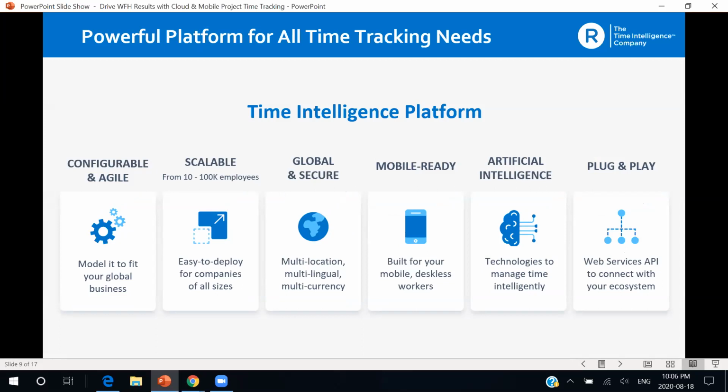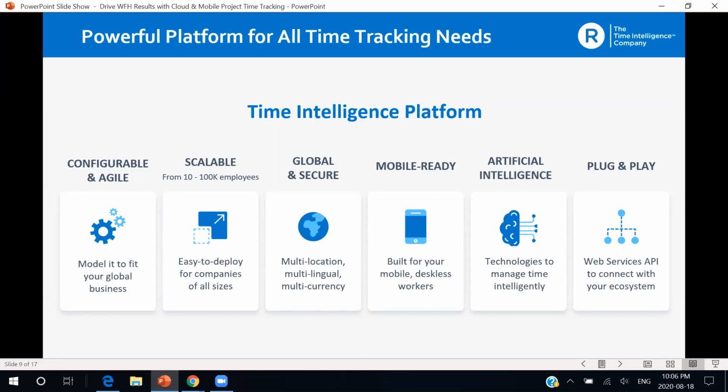And another way that we can grow is in location. So we are global and secure. So regardless of where you have employees in this big blue planet, we will have a Replicon instance that is set up personally for them. And that includes things like multiple languages, currencies, time zones. We have different holiday schedules, payrolls, the list goes on. So regardless of where your employees are located, they will have a Replicon platform that is ready for them.